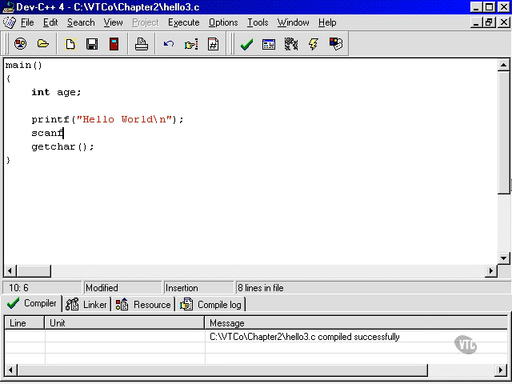However, what would happen then is the program would pause and wait for keyboard input. But the user would not know what they were supposed to enter. All they'd see would be the words hello world, and suddenly the program would be waiting. They wouldn't know that they're supposed to enter the age. So in order to make the program a little bit more user-friendly, we're going to add another printf, just like